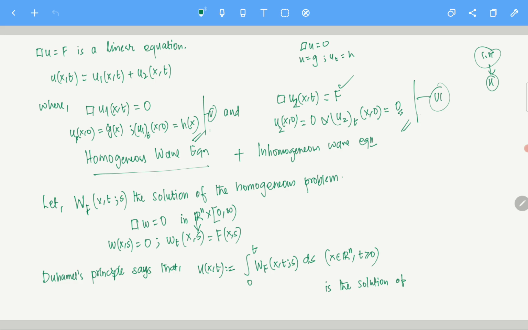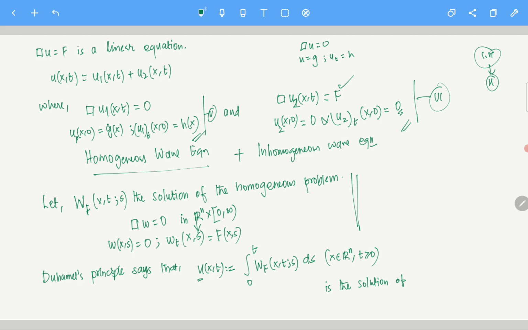Okay, so see, these 5, I know how to solve 5, right? I mean, for now, at least for n equals 1, 2, 3, I know how to solve 5. And the problem 6 only is a huge problem for us. So to deal with that, what we are doing is we are saying, let's say we know the solution of this homogeneous problem. Of course we know the solution of this homogeneous problem, at least for n equals 1, 2, 3 for now.